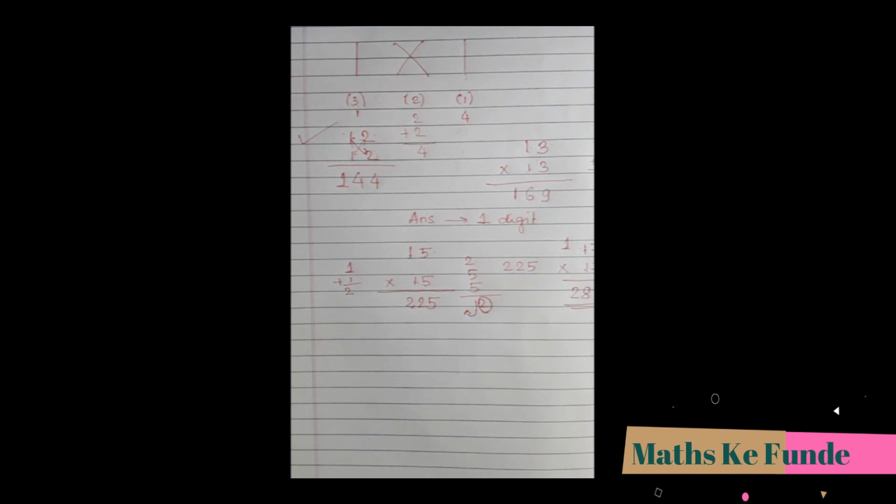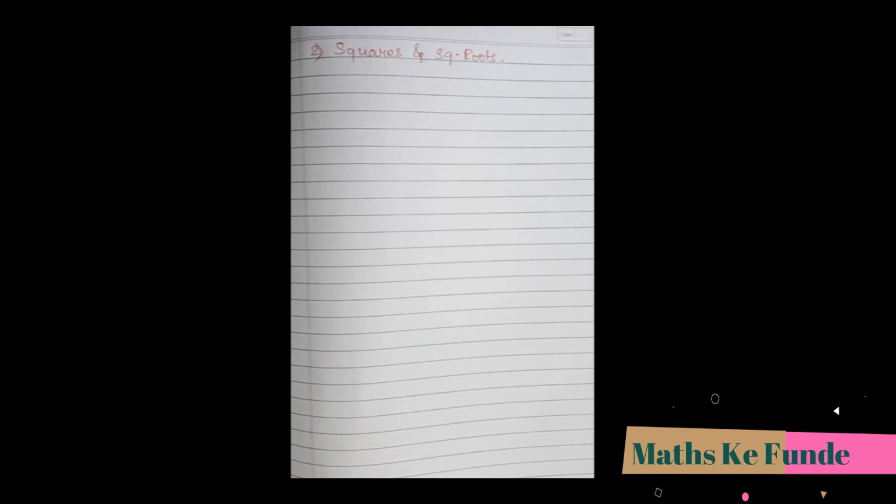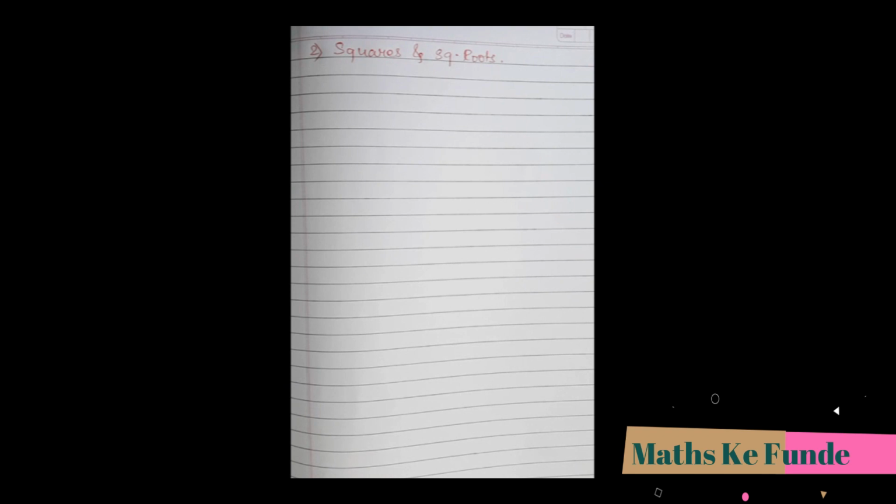Now, when it comes to the calculation of squares and square roots, obviously there are n number of methods we can use to get squares and then get their square roots. But I would like to suggest one thing. For squares, it's very essential that you get to know, or learn by heart, squares till 30.